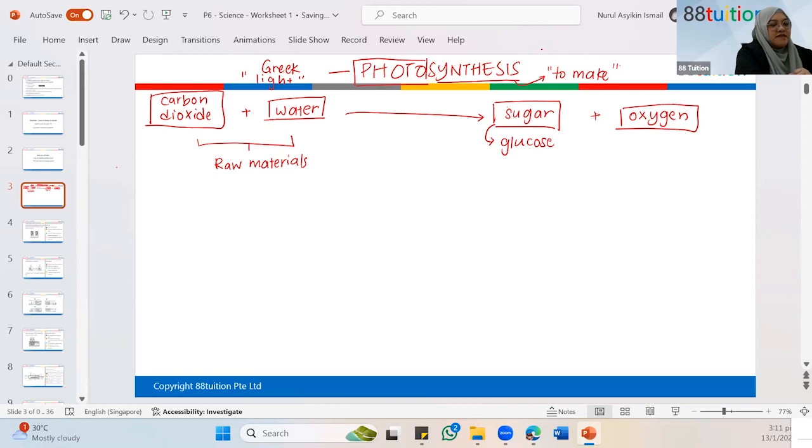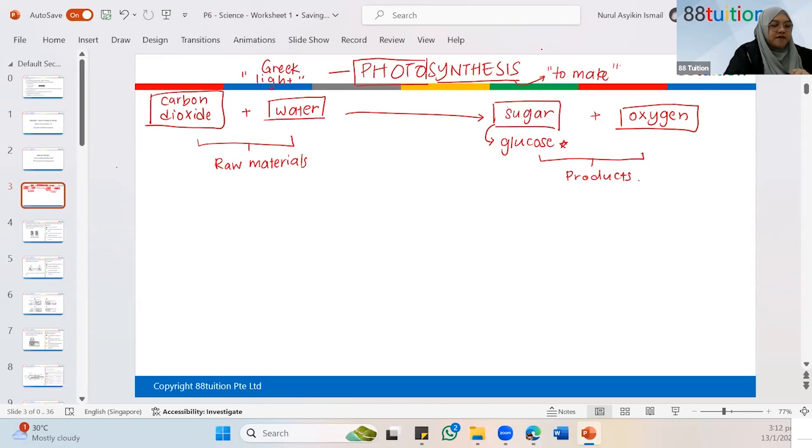Okay, so glucose is a type of sugar. There are many different types of sugar, but you don't have to know all. You can know glucose, but again, it is not a must. So in your PSLE, if you say you photosynthesize and produce sugar, it's fine. You will be marked correct also. Glucose you'll only use more when you go to secondary school next year, lah. The next substance they produce is oxygen. Together, we call these the products of photosynthesis.